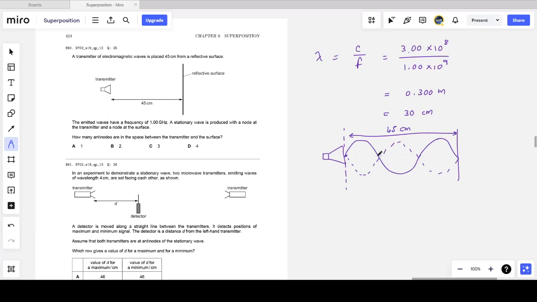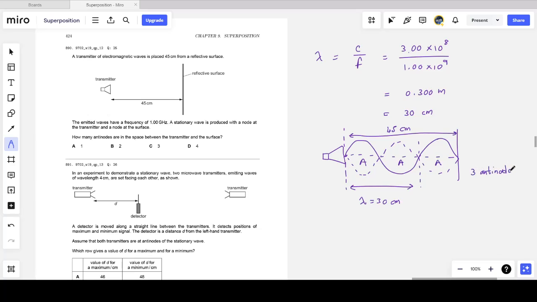But what I'm really interested in are the antinodes. So the antinodes are the positions of maximum displacement. And remember, I want this wavelength. That was the wavelength, 30 centimeters. And so I have one antinode there, another antinode there, another antinode there. Maximum displacement, where we have crests and troughs for a standing wave, that is. And so I have 3 antinodes